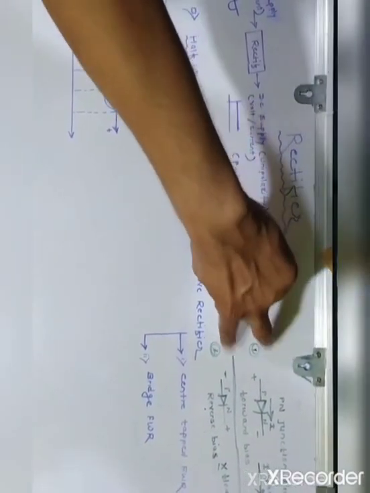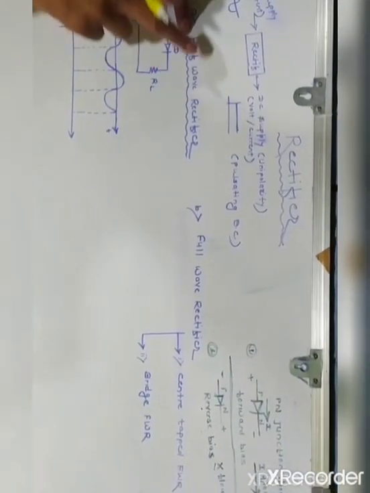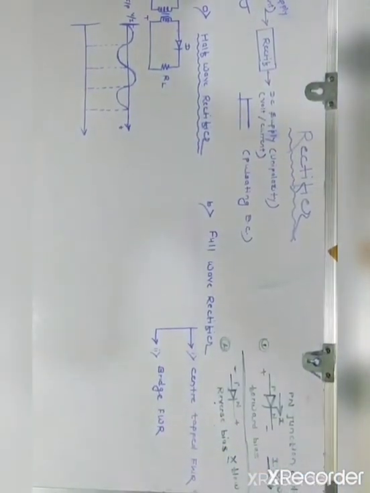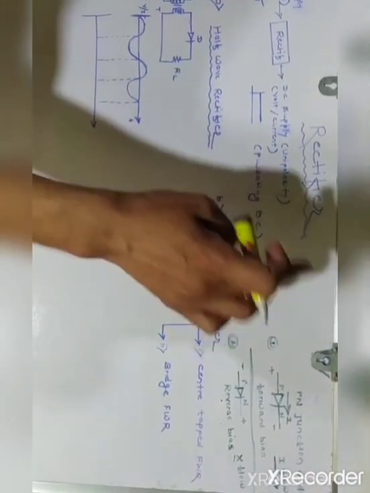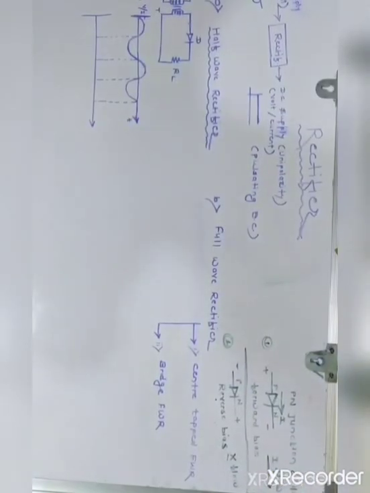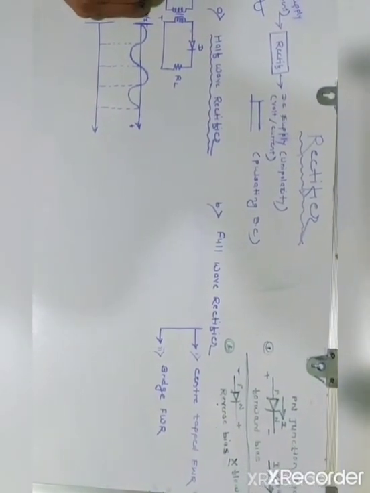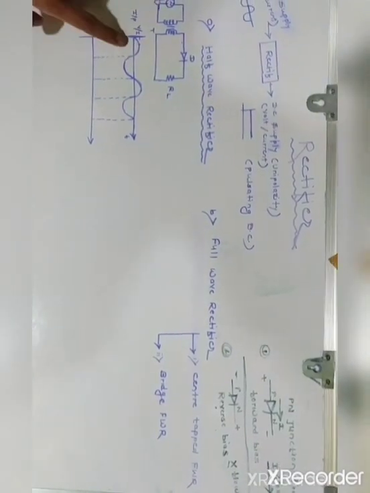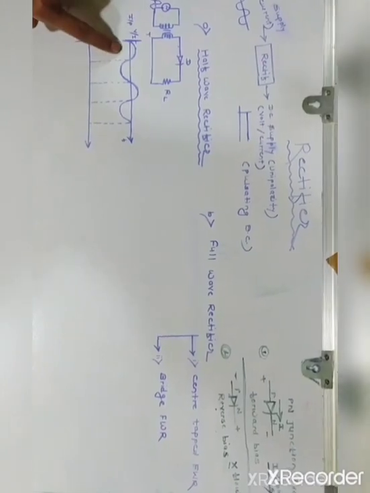Now what happens in a half wave rectifier? You want to convert to a DC supply or pulsating DC, meaning a single polarity supply. We have to convert the AC signal into a DC signal, meaning a unipolar signal. Here I am applying the AC signal, like this. This is your input signal. I just draw it here. This is your AC input signal.